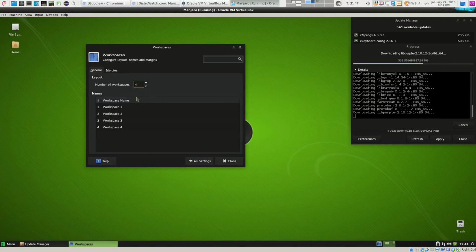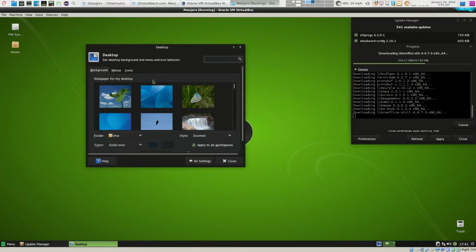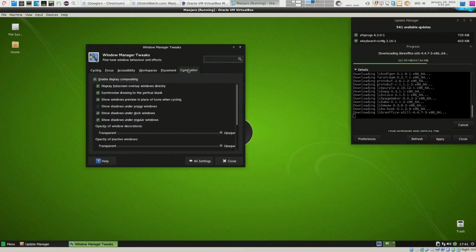So you can add 4 there, and back to settings. Desktop here, same thing. The wallpaper, no appearance tweaks here. Positives enabled.